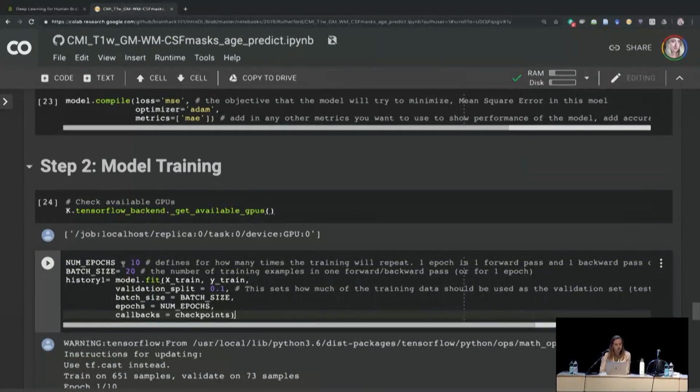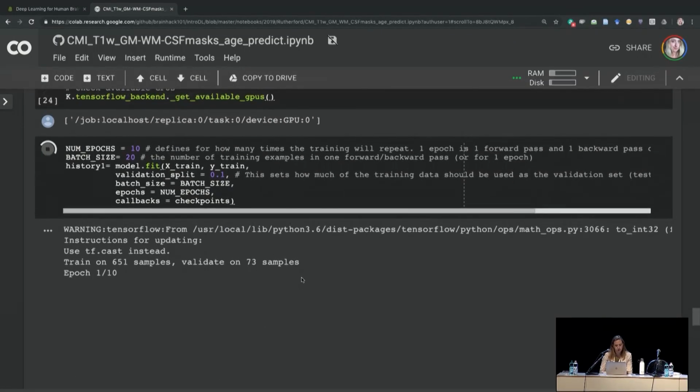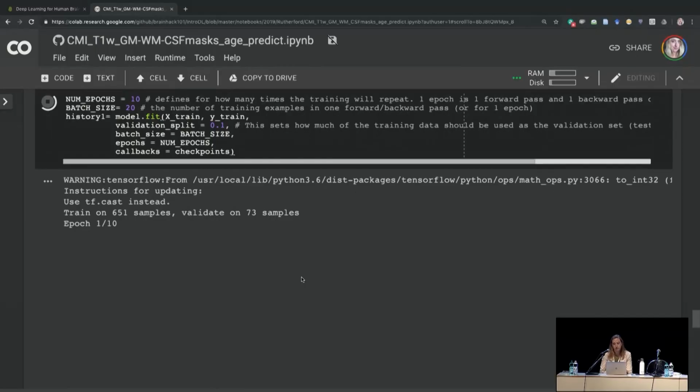Okay, so here I've set the number of epochs and the batch size. This is maybe a little bit not standard here, but for this example where I'm trying to train the network quickly, I've set my number of epochs to 10 and the batch size to 20. And also I set my validation split here. So what that says is I'm going to use 10% of my training data as my validation set. So we'll set those parameters. And that is going to run, I think it took about 8 minutes.